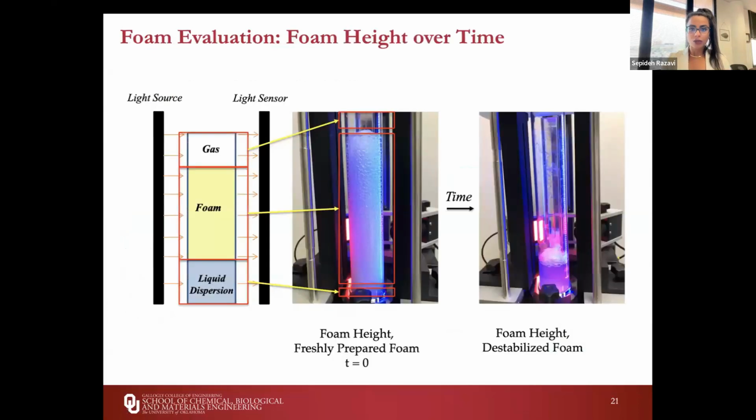So once we have these two, we're going to go back to the dynamic foam analyzer. A very standard way of looking at these foams is to look at the foam height and the total height. You can do that by having a light source going through the foam, and on the other side, a sensor to capture how much light passed through. And then from there, you can say how much is the foam height and how much is the liquid height, and how it's changing as a function of time to get the foam stability and aging.